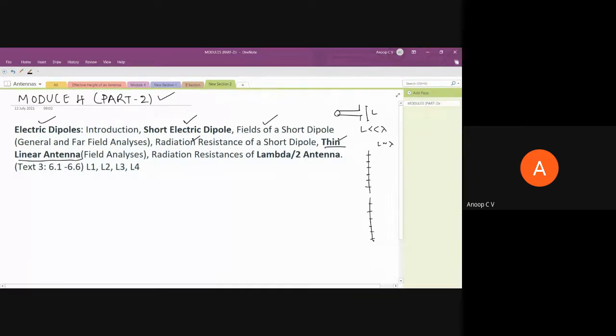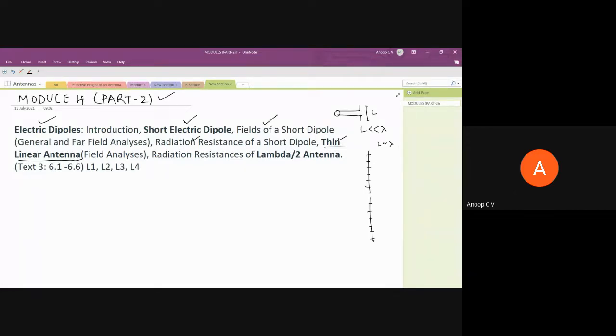You can see there are hardly 4 topics in this particular part, and from all 4 topics you can expect a question, and these are very easy. Of course, the prerequisite is electromagnetic waves, which you have already learned last time, but whatever is required I'll touch upon. As this involves a little bit of derivation, I'll move a bit slow, so that you will be able to learn this as the class happens. Learn along with me itself, don't keep it for later.